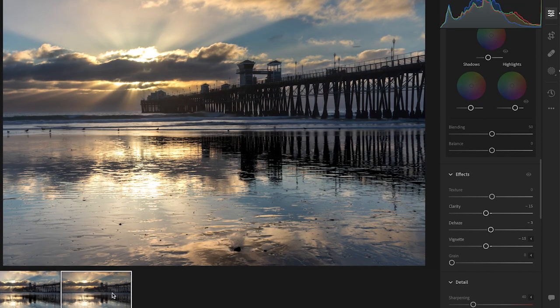Yeah, I like that a lot. That photograph looks terrific to me. This is one that I would post. So that was a quick little 10-minute edit of this photograph. I'd probably spend more time and fine tune things a little bit, but it's just a general overview of what that